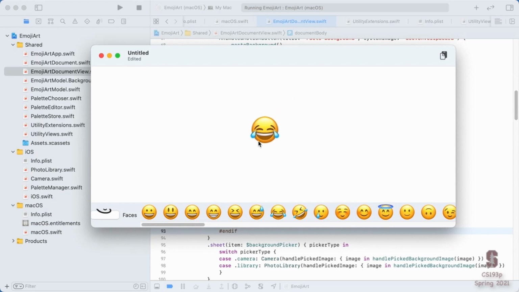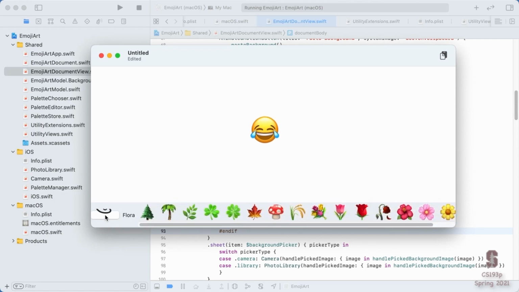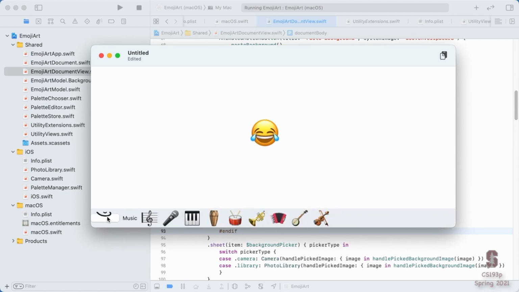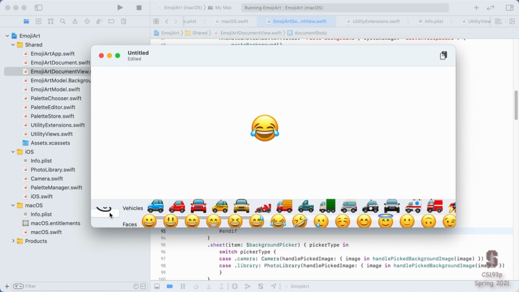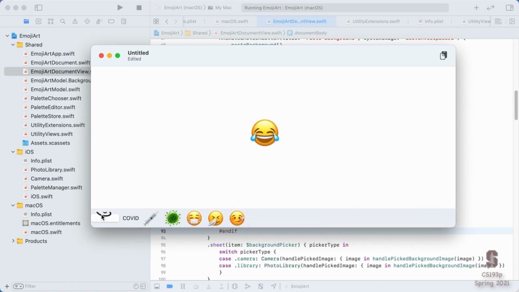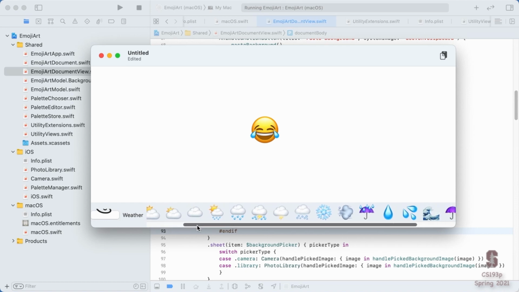All right, what about, well, our palette chooser, interesting. Couple of things not so good about this. One, this is really ugly right here. The Mac is trying to put its standard border around this button. Really, we just want this to be only the icon. But that's something that's only on Mac. So we're going to have to figure out some way to make this be just a plain button without this border only on Mac.